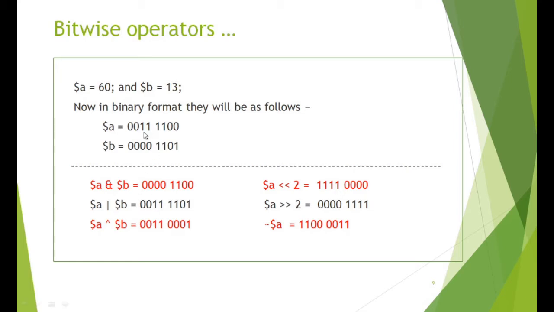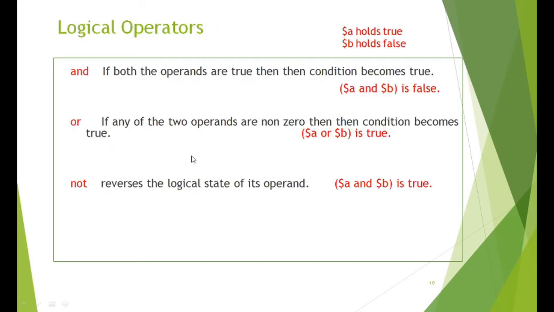So A value, here all the bits are flipped. You have got logical operators. Suppose you have got A, B, true, false value. So when you give an AND operator, it will give a false. So the AND operator works like this. If both the operands are true, the result will be true. On all other cases, it will be false.